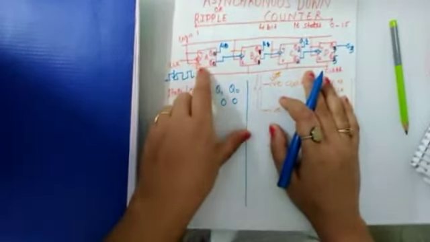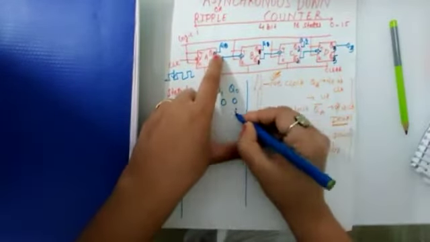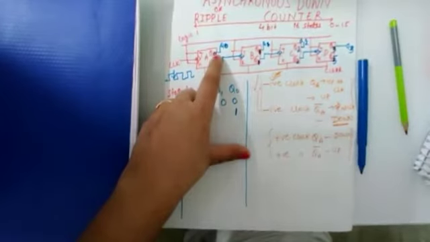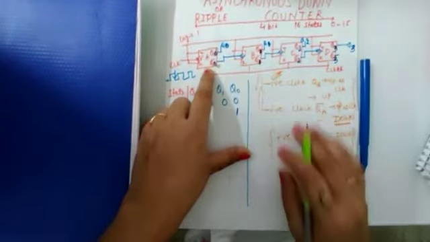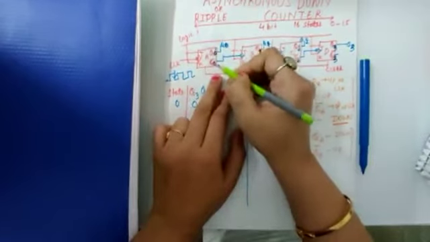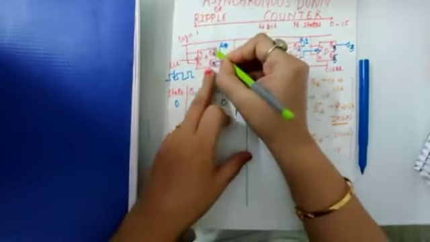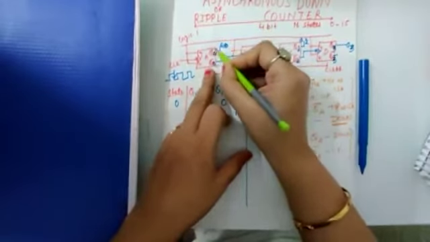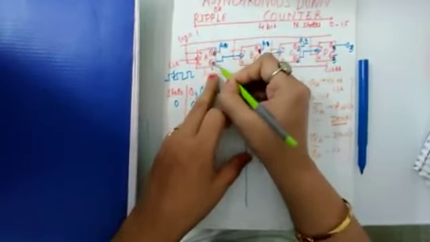So this 1 1 fed as the input, so corresponding to this the output toggles. Output toggles means earlier it was 0, now it is 1. Clear? Now see, if this is 1, then Q0 bar will be 0. For this cycle, if Q0 is toggling, earlier Q0 was 0, after toggling it comes to 1. It means Q0 bar, earlier it was 1, now it toggles to 0.